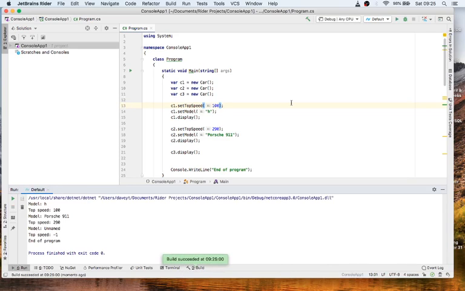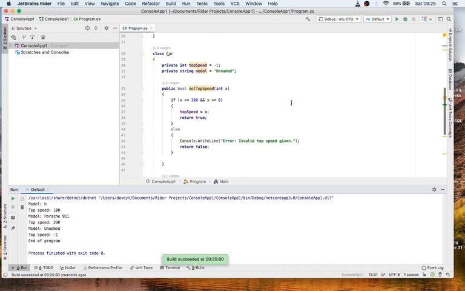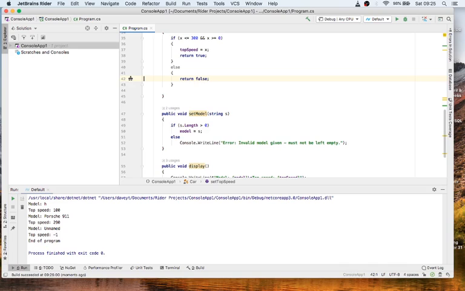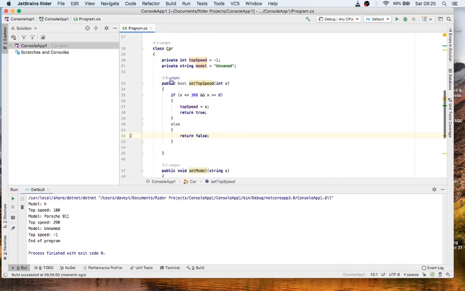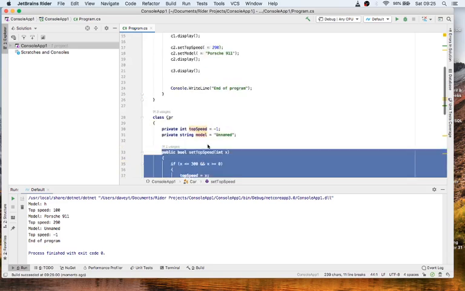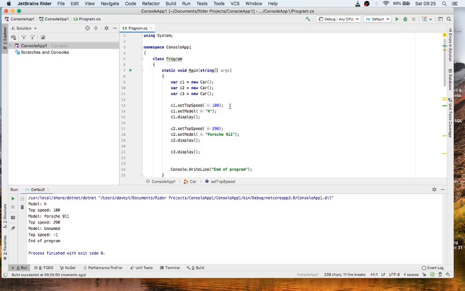But we have the added bonus of being able to do something like this now. Okay, for example, let's say we don't want the error message in there anymore. Set top speed either returns true or false, does not have any error message logic in it whatsoever. Now let's say here,